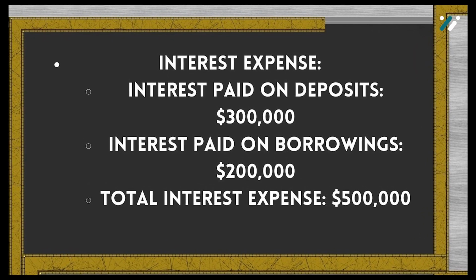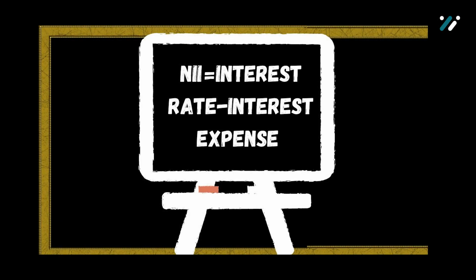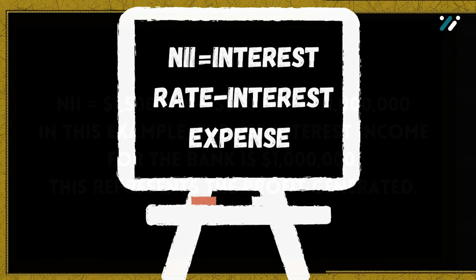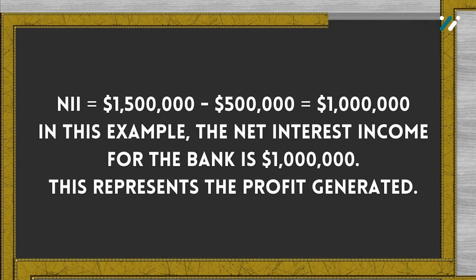We have given you the formula up there, so it is that formula you are going to apply for the above example. Well, the net interest income for the bank is $1 million. This represents the profit generated